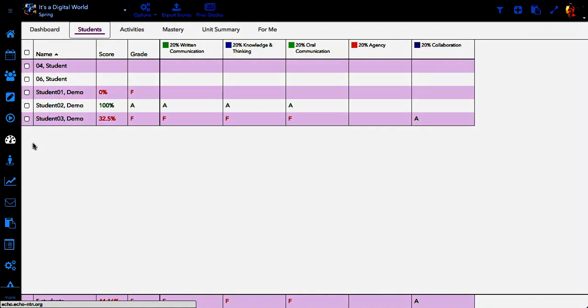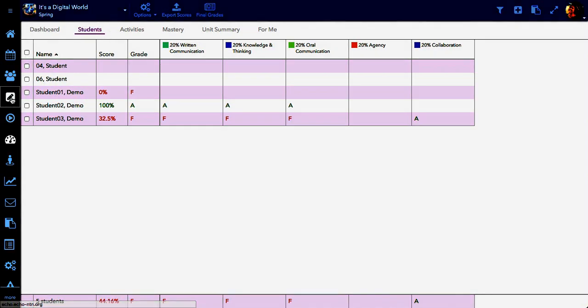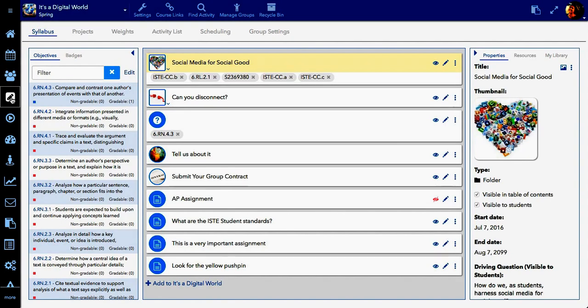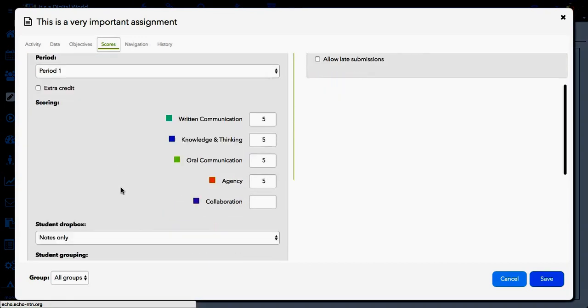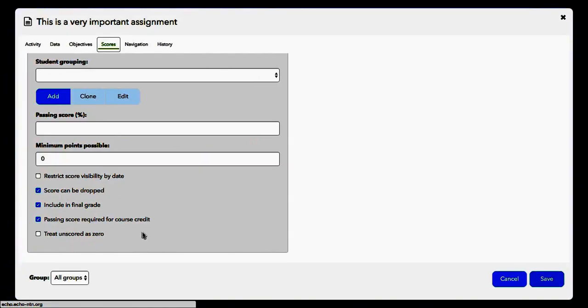It's going to be in the settings for that assignment. So let's go in and take a look. This is a very important assignment. We're going to click on Edit, and you'll very quickly be able to see what I did. Under the Scores tab, I marked that assignment passing score required for course credit. So what that means is if the student doesn't pass that assignment, they get a big fat 0 for the